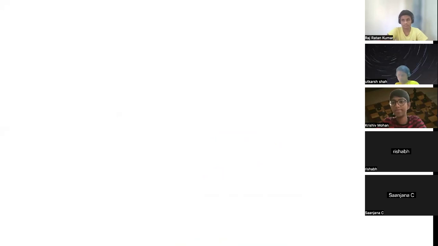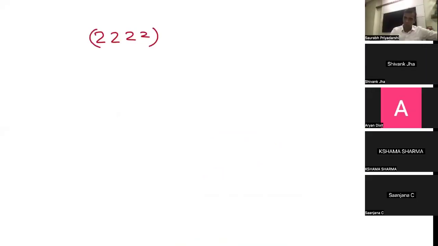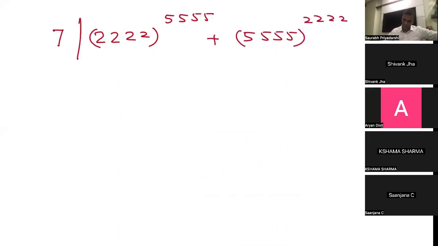One very simple question I'm going to give you and expecting everyone will answer this, right? Is 5522 to the power 5555 plus 5555 to the power 2222, when divided by 7, leaves the remainder? You have to find out the remainder when you are dividing this number by 7. Another huge number problem. वही तो इसी टाइप का था ना, a^n plus b^n is